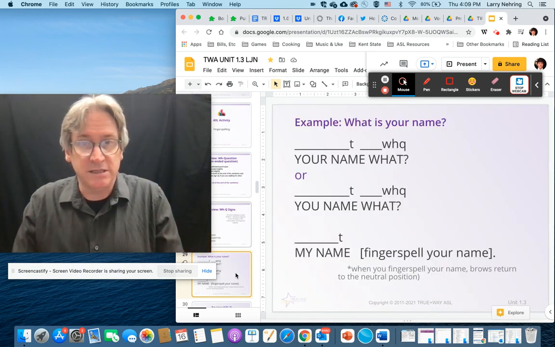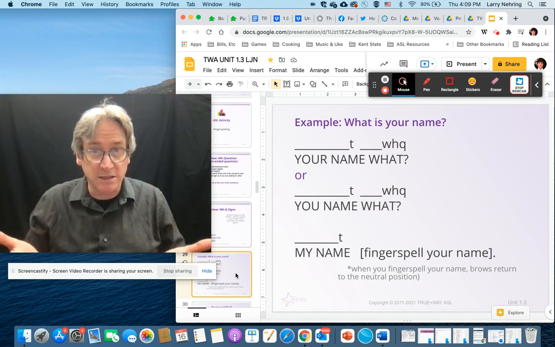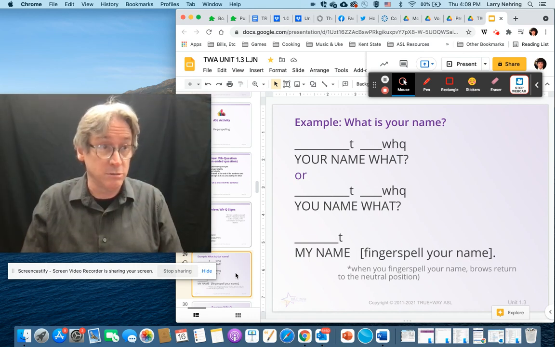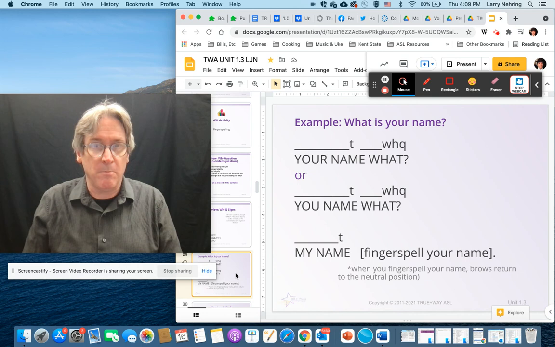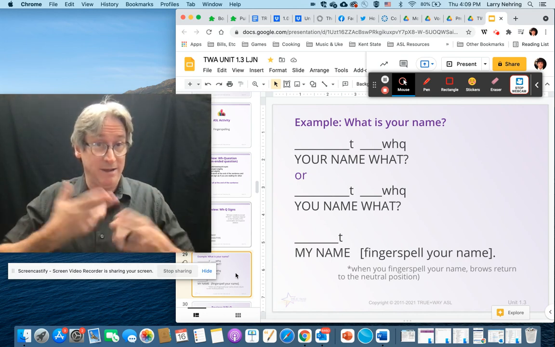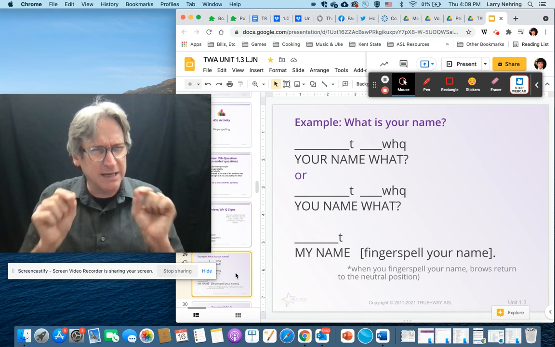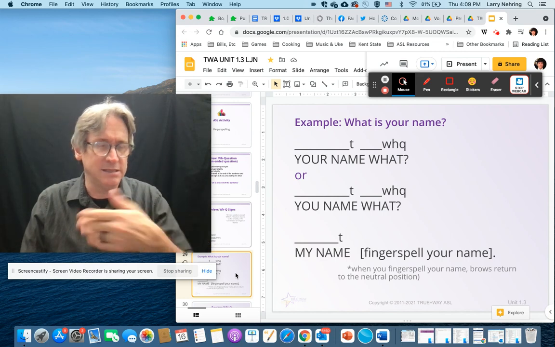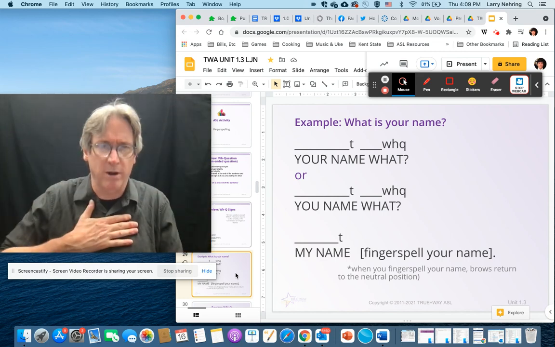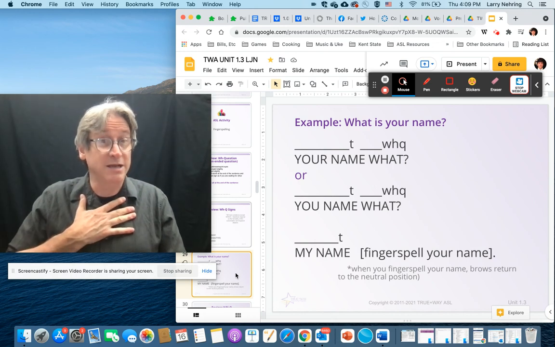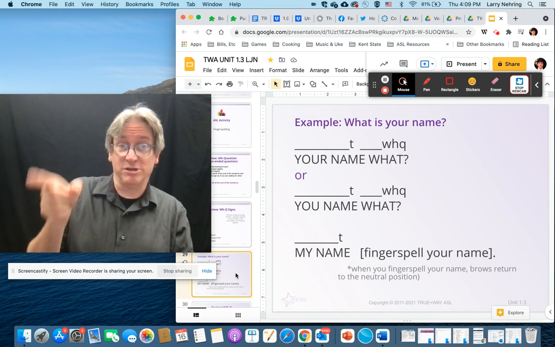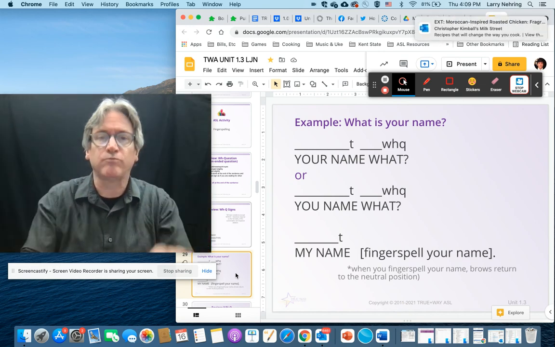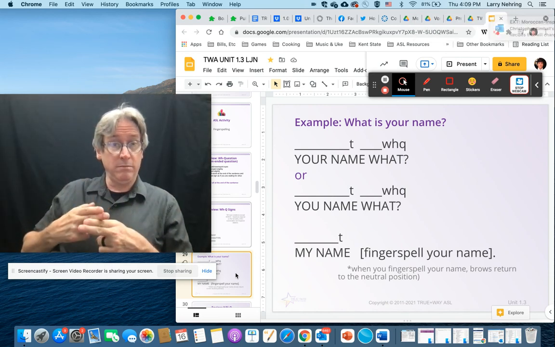So different ways to say what is your name. Your name, what, or you name what. They are different questions. When you're saying my name is something or I'm named something, there's a slight difference. I just want you to feel the difference between the two of them. In a quick statement like this, it almost doesn't matter. I just want you to be aware of the difference between me and my, because it's especially important if you're talking about this person and their thing, which we'll talk about in the her versus her comment a little bit later. And then my name, fingerspell, or